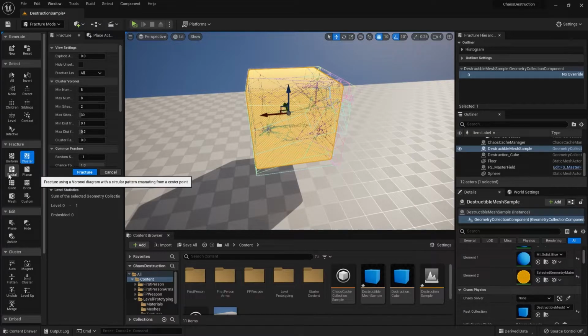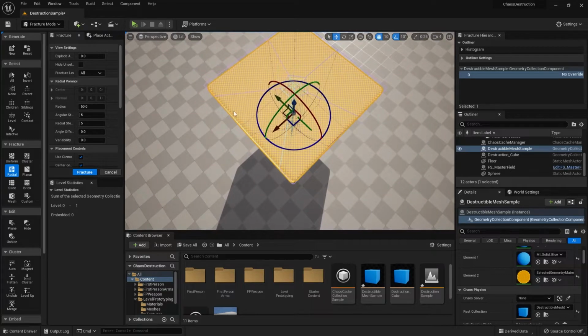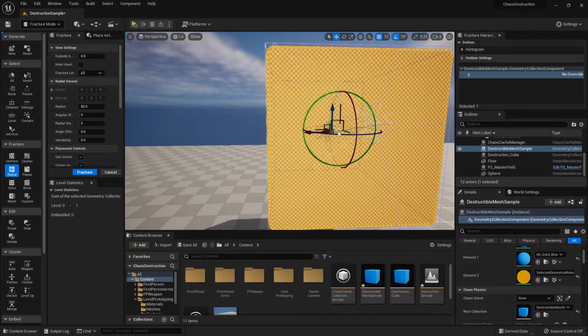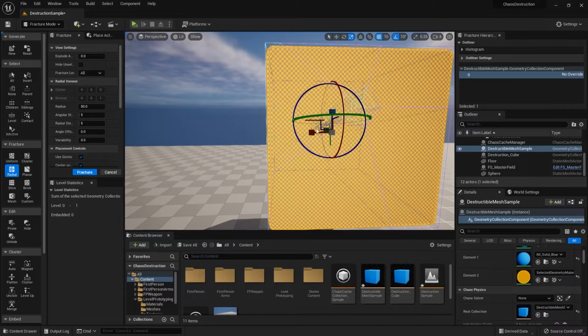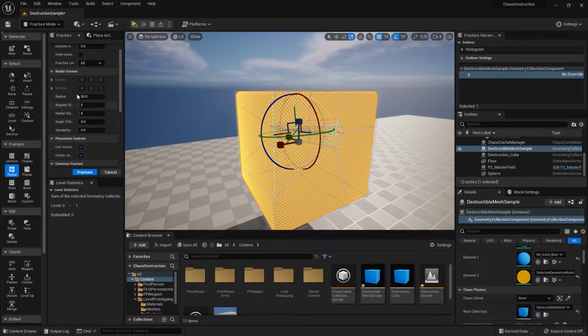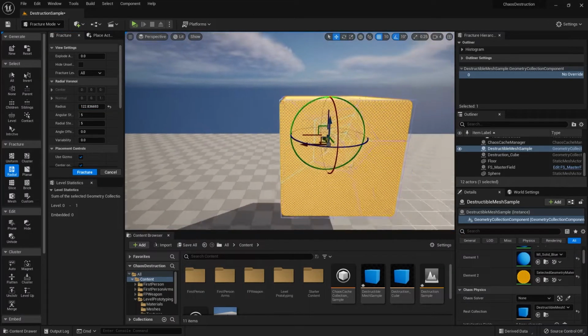And then there's radial. Radial is mostly if you want a bullet hole kind of fracture, or breaking glass, you could use this as your fracture. And again, you can rotate it to which angle you want, and then move it around. And probably scale it. No, actually, I don't think you can scale it. You have to scale it from the radius value over here. So if you want it bigger, you can scale it from over here, and then change the settings over here as well. So there's that.